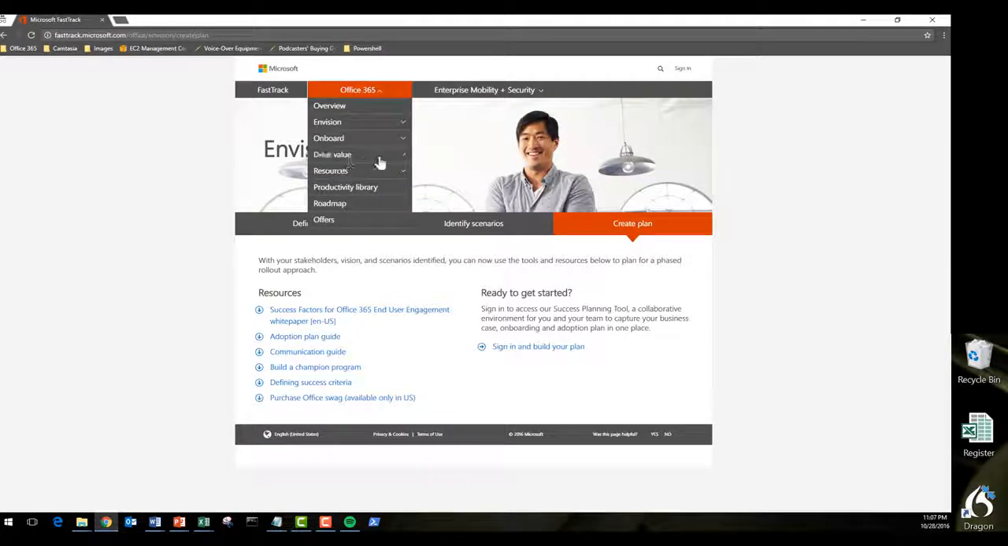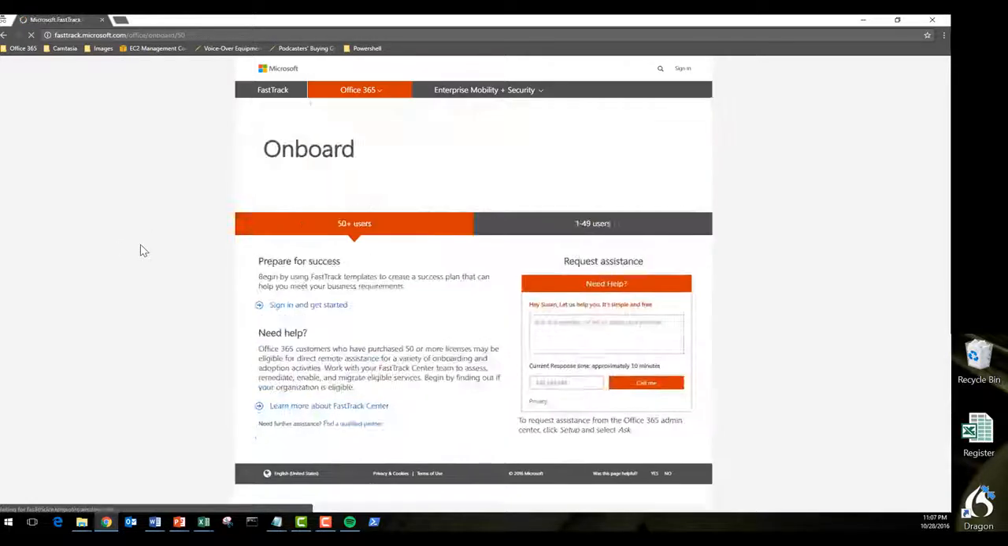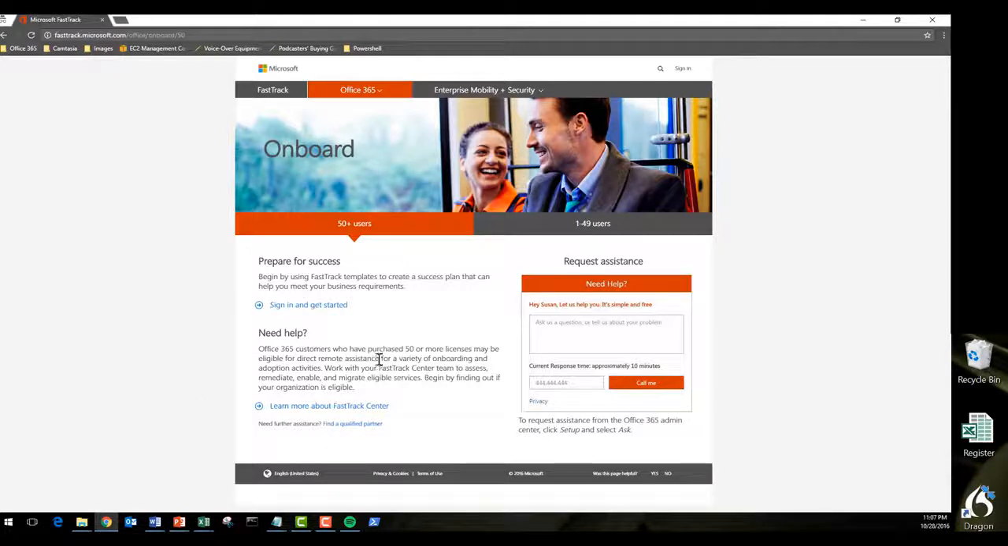We can also check out what the drive value, the onboard, looks like. And if you say you've got 50 plus users, it immediately says, okay, well, you need to contact Microsoft, or find a qualified partner. So not much else going on here. If you say you've got less than 50 people,